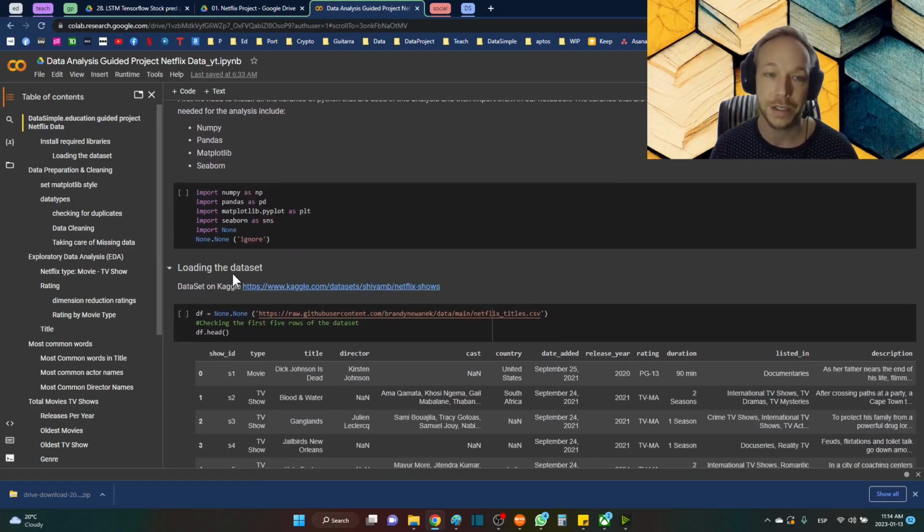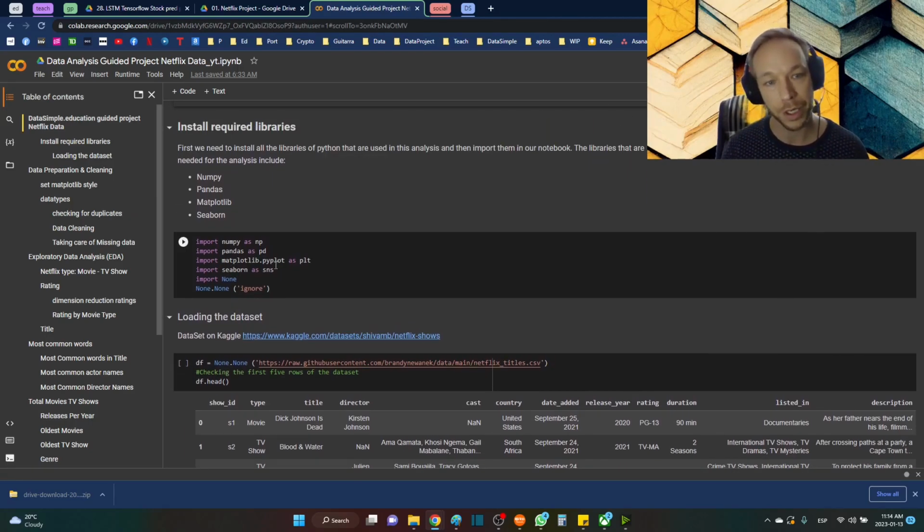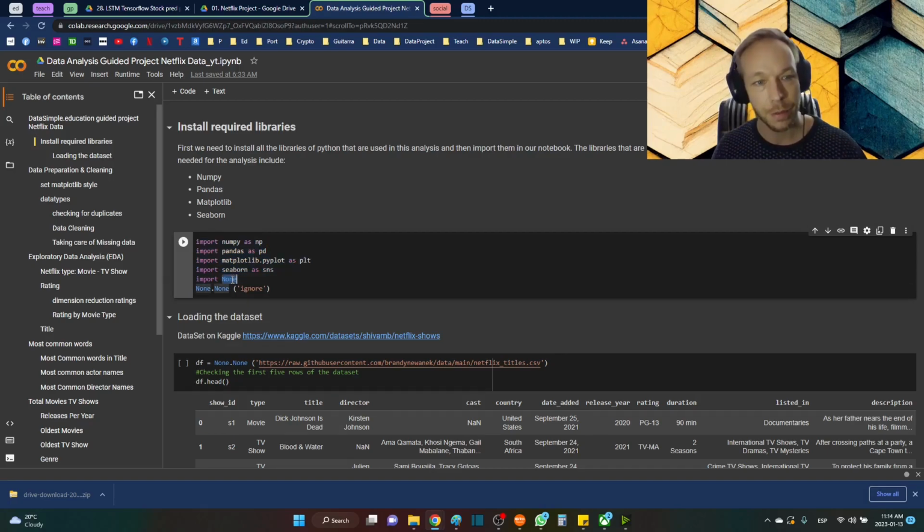So let's get started. Starting with importing our libraries, standard data analysis libraries here, but we're also going to use warnings. So I'm just going to go warnings.simplefilter